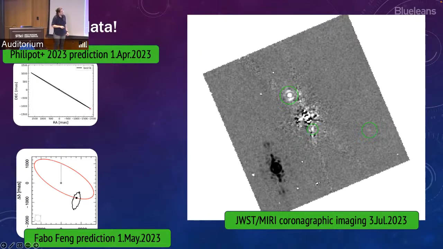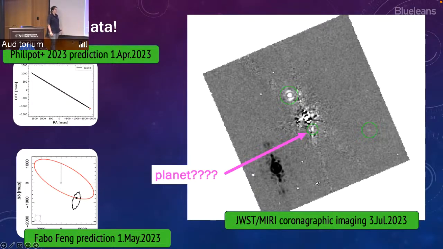And I've gone ahead and circled some green points for you. This one down here is the closest one to where we expected the planet to be. It's not exactly in the right location. We expected the planet to be a bit more over here, so a bit more to the angled separation. This is about 2 sigma away from the prediction from Fabo's orbit fitting with the radial velocities and the astrometry,